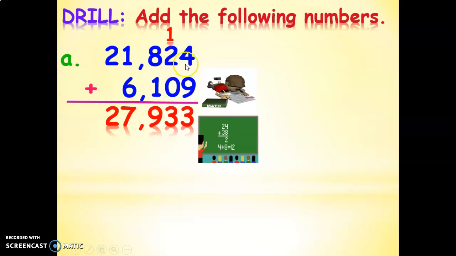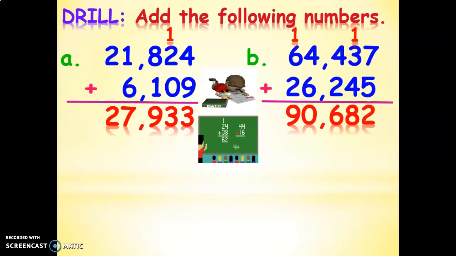27,933. 4 plus 9 is 13. 3, carry 1 on top of 2. 1 plus 2 plus 0 is 3. 8 plus 1 is 9. 1 plus 6 is 7. And then bring down 2. Also, don't forget to write your comma. Now, let's see the answer for letter B. The final answer is